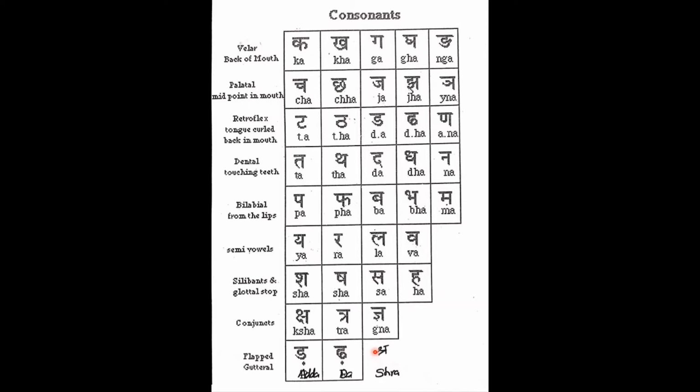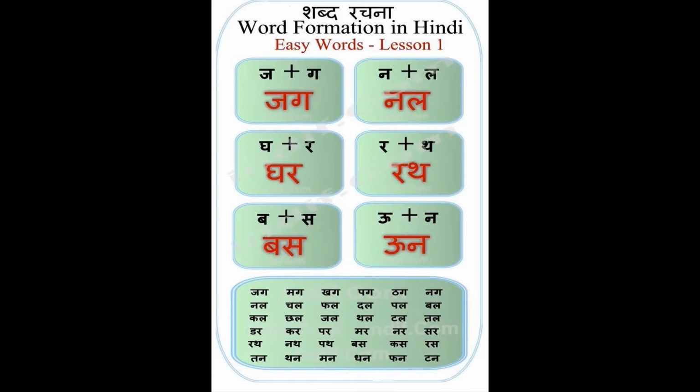First you learn the sounds, how to read which letter. Identification is important. Then after learning your letters, first you have to blend and see. With the identification of letters, you'll be able to read this. By reading this, you'll gain confidence: oh, I'm also able to read Hindi like that.